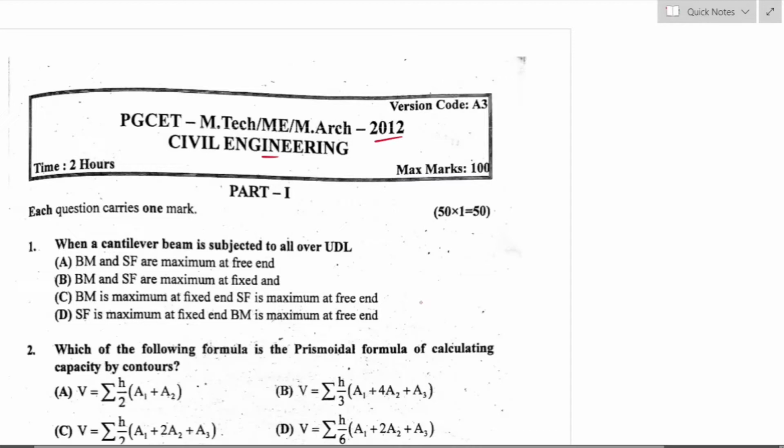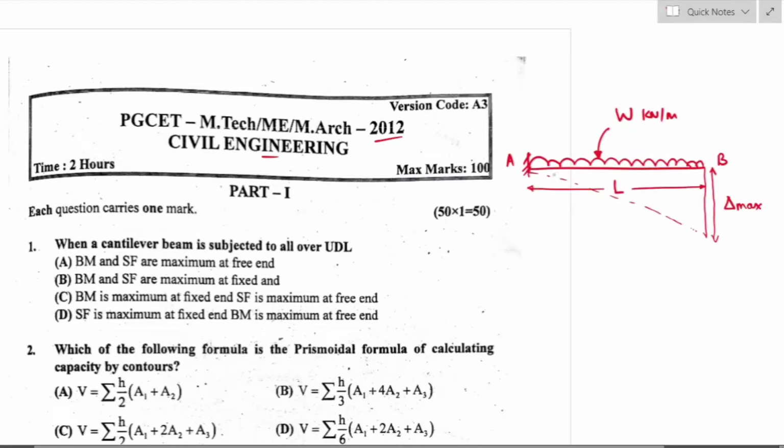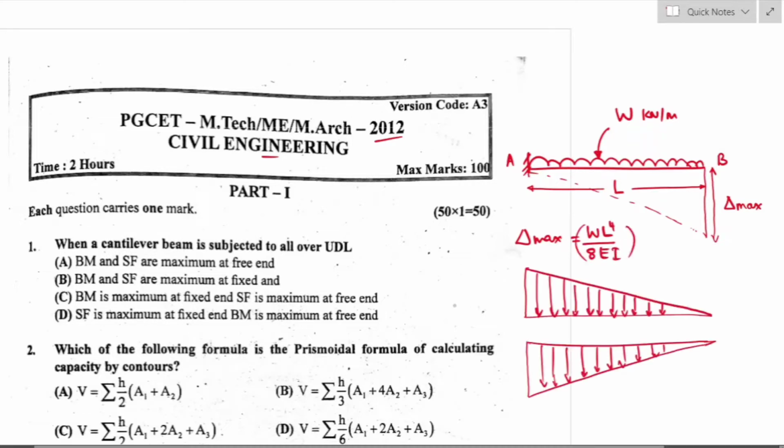Question number 1. When a cantilever beam is subjected to all over UDL. Consider a cantilever beam AB of span length L subjected to UDL load of W kN per meter throughout the span. So, here you can observe the maximum deflection is given by WL to the power of 4 by 8 EI, and this is the corresponding shear force diagram and bending moment diagram,